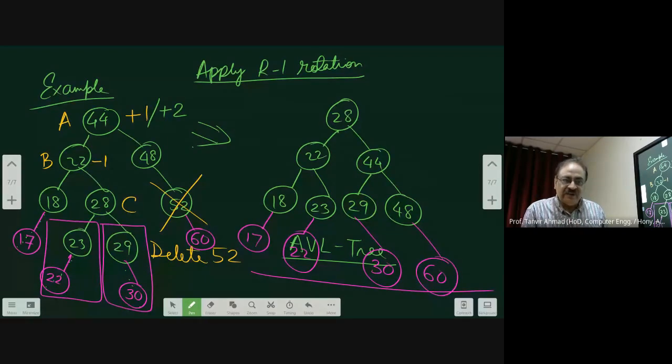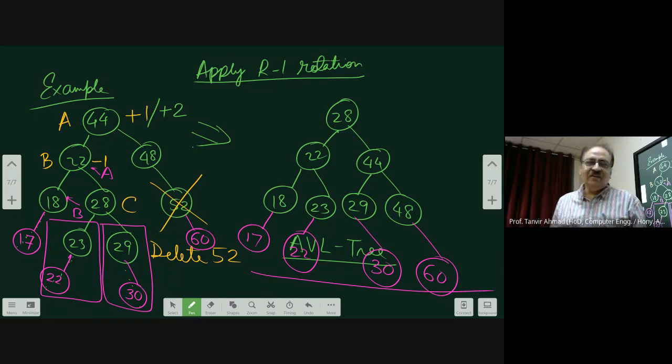And B will remain over there. But if after doing this, suppose this becomes A. Then in that case, this will become B now. And this will not be an R-1 notation, because you are deleting in the left side. Therefore, in that case, it might become L-1 or L0. Now, with this in mind, you can try the other 3 rotations.